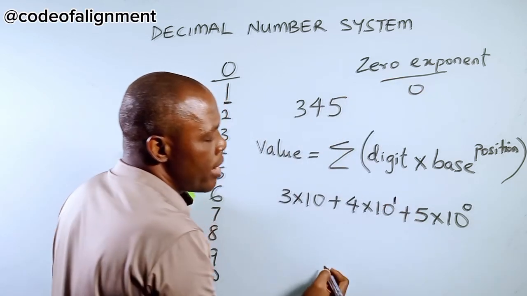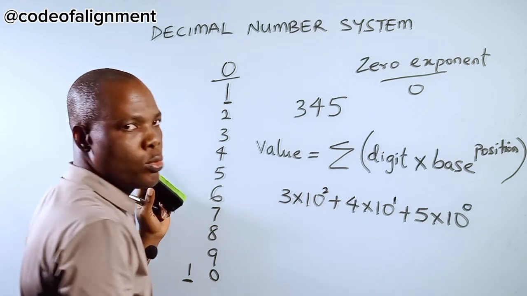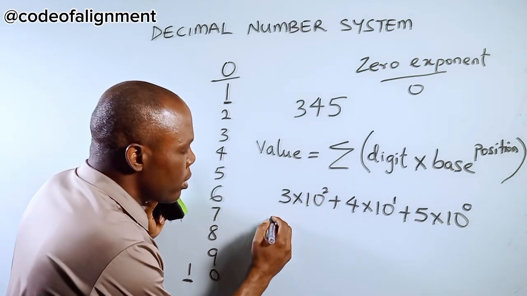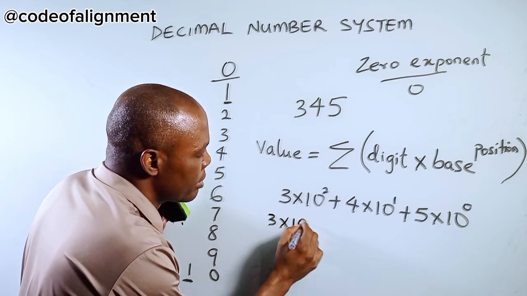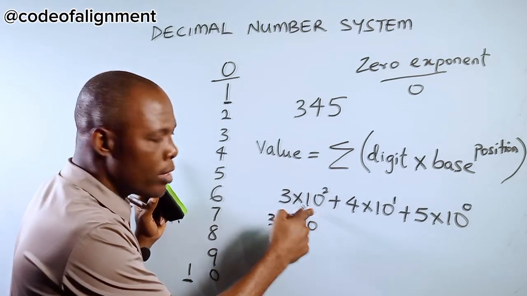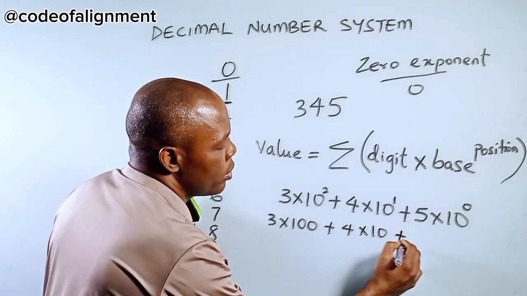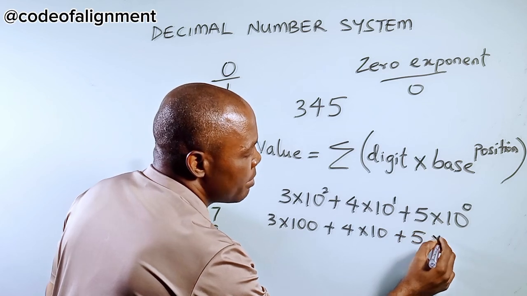This will be position 1, and this will be position 2. So this is 3 times 100, that is 10 times 10, plus 4 times 10, plus 5 times